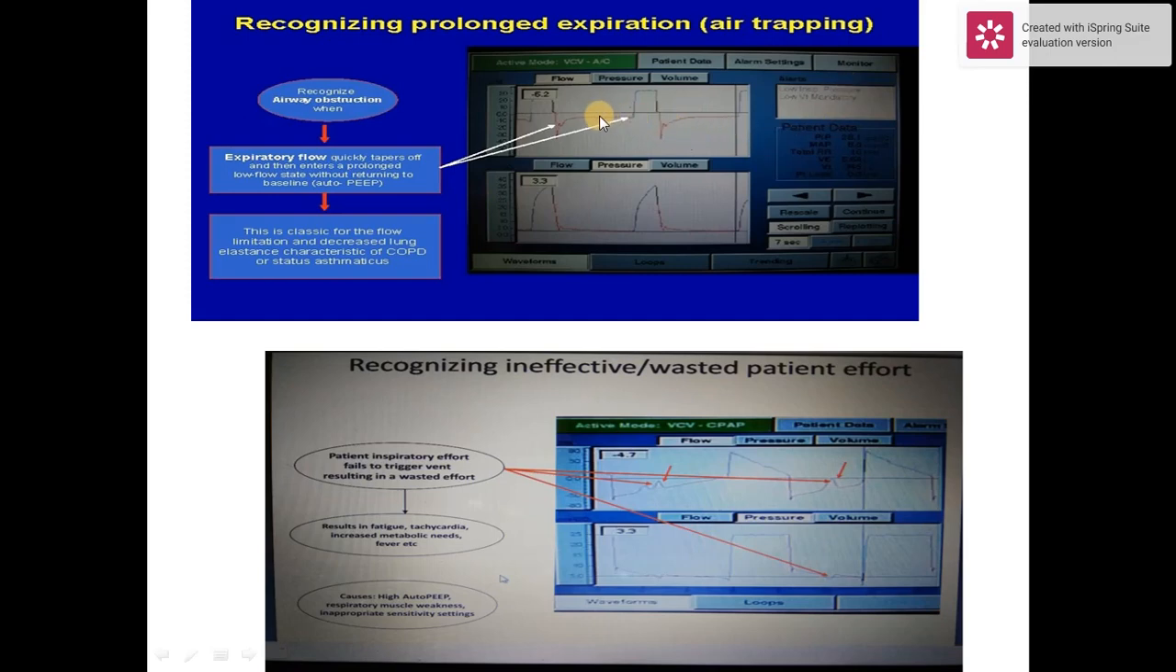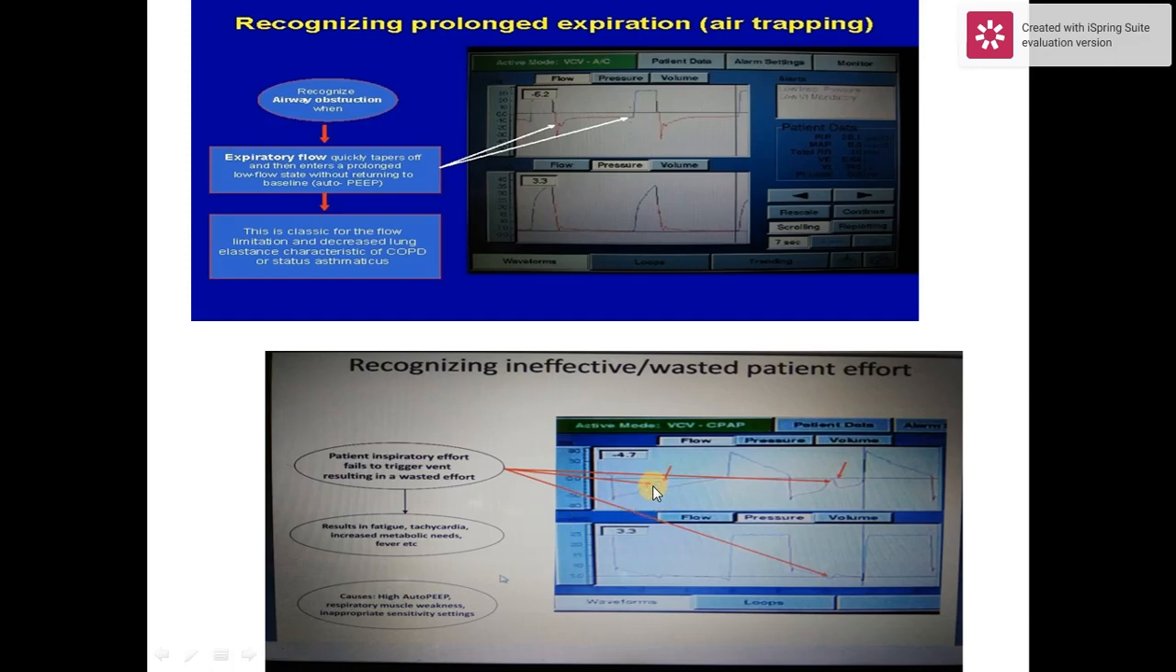See, the expiratory limb should ideally touch the baseline, but it's not touching the baseline. Instead, it's forming a straight segment, and it is known as auto-PEEP. It is seen mainly in COPD or acute exacerbation of asthma. Second, one more type is recognizing the ineffective or wasted patient effort. Sometimes we require a certain amount of threshold which the patient should cross to start an inspiration, but that does not